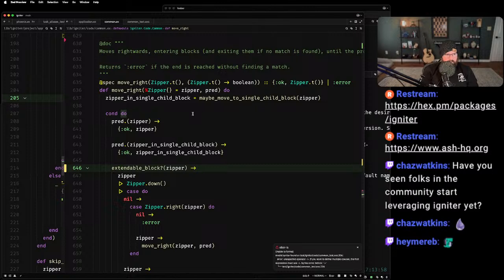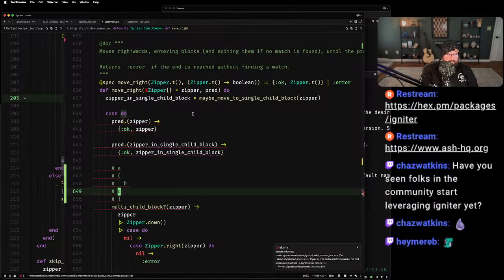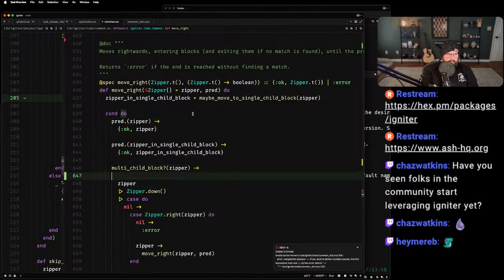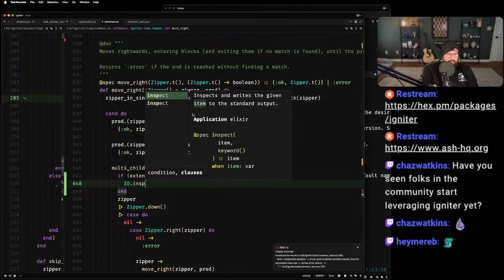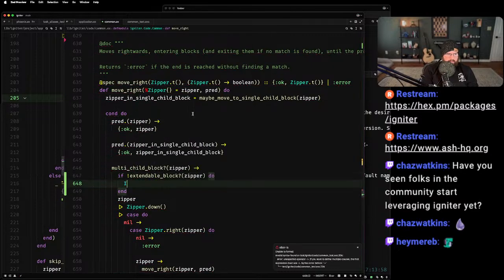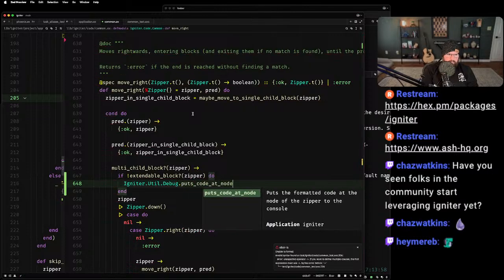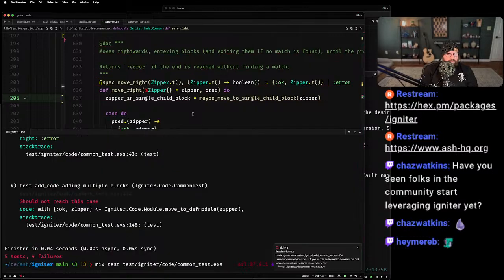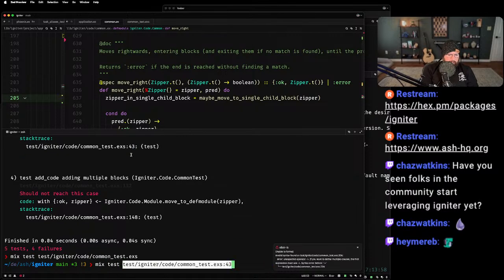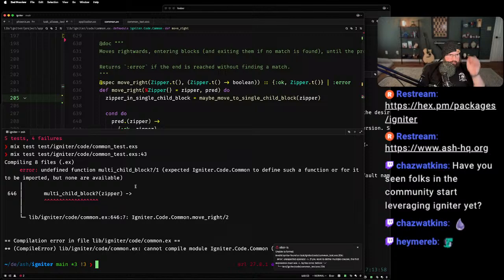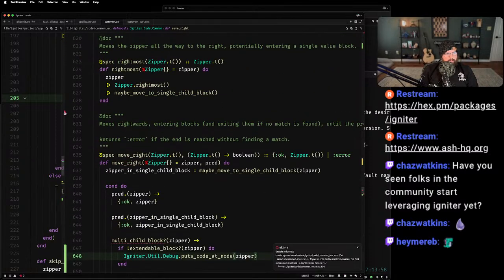Let's take a look. Let's try this. Let's try putting this back and saying if not extendable block. All right, let's try this. I'm thinking, oh, I have to put back multi-child block.